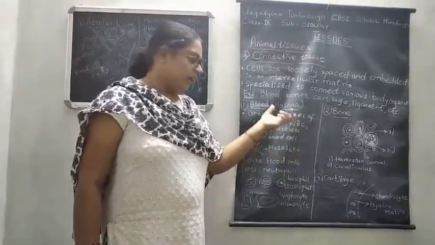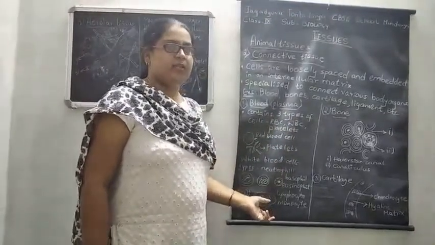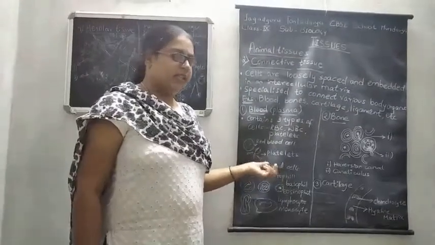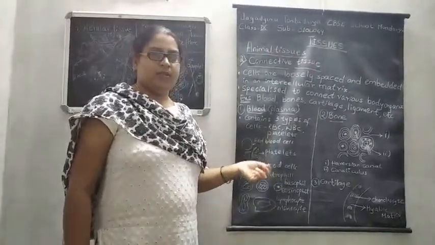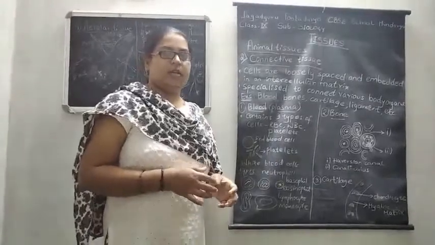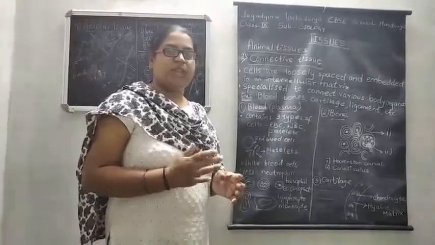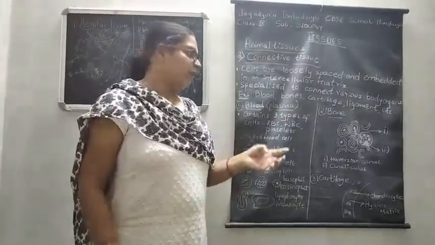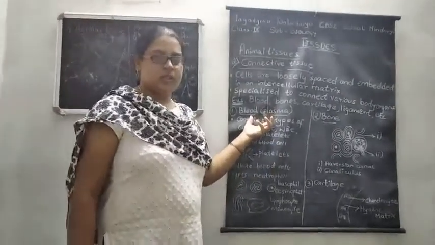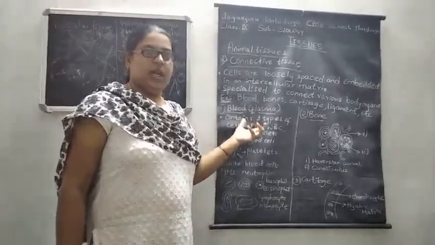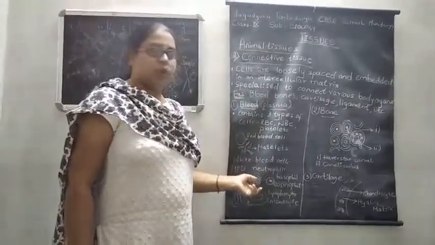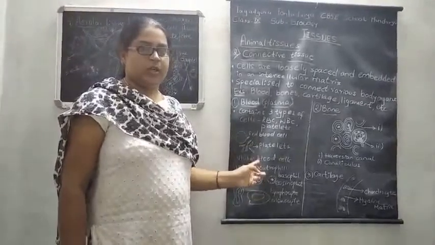These three different types of cells are embedded in a liquid matrix called plasma, which is a yellowish colored liquid. All these cells perform a particular function in the blood, and it will connect all these vital organs for transportation of oxygen, as well as various essential nutrients, salts, and hormones. So blood is a liquid connective tissue, and its main function is to transport oxygen and also to protect our body against disease causing organisms.